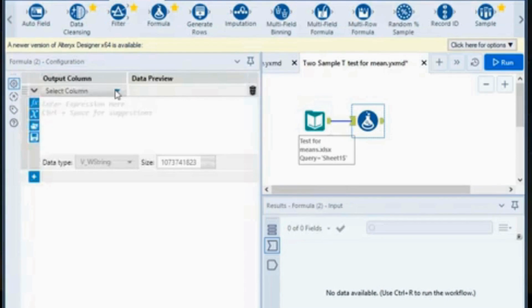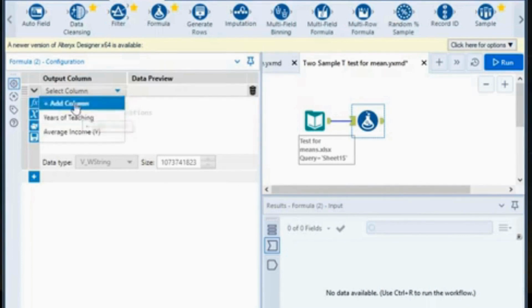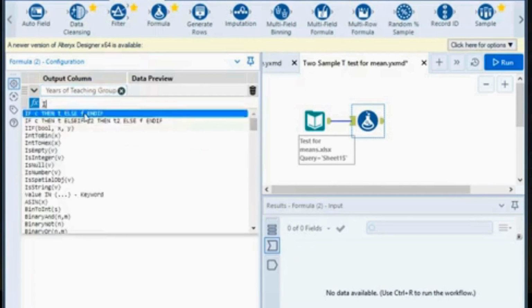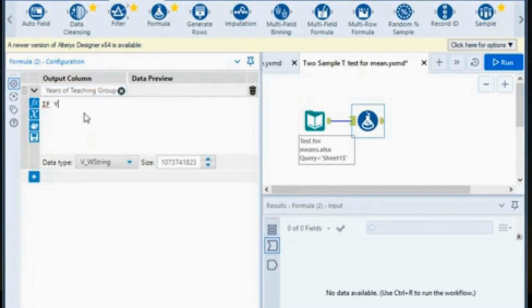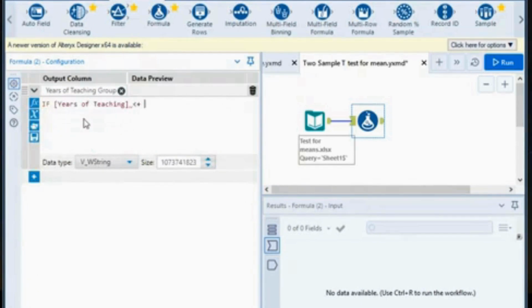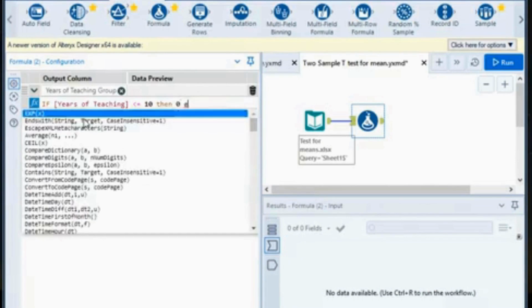It will open a panel window. Here you can select the name of the variable which you want to create. Let's click on add column. Let's name it years of teaching group, right? And now here we have to write the if else condition. If years of teaching is less than or equal to 10, then 0, else 1,